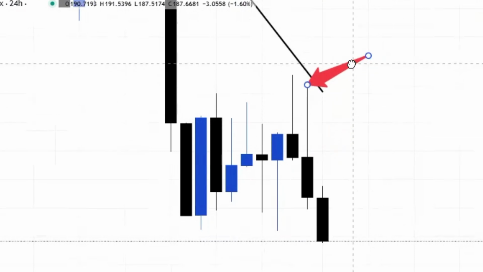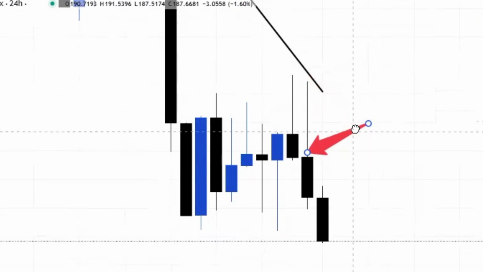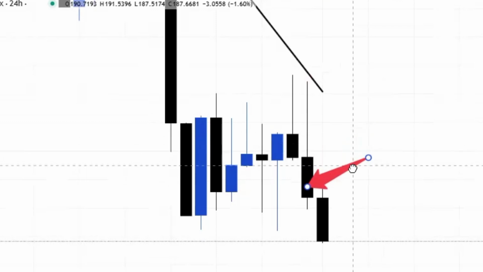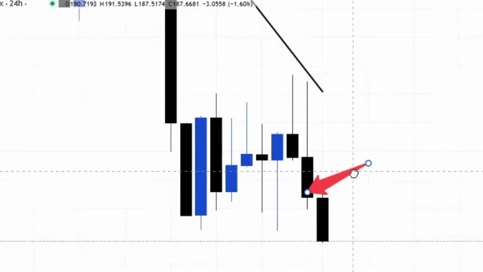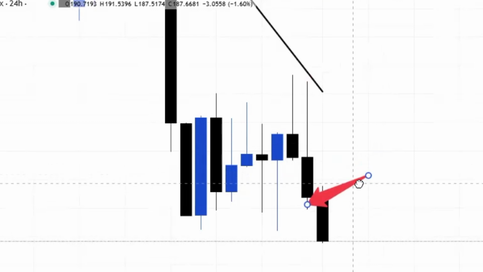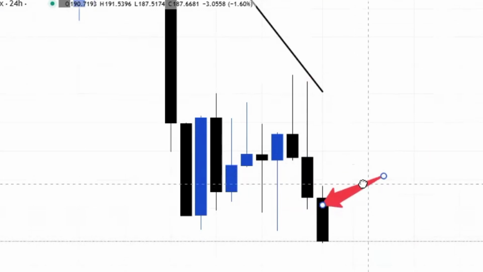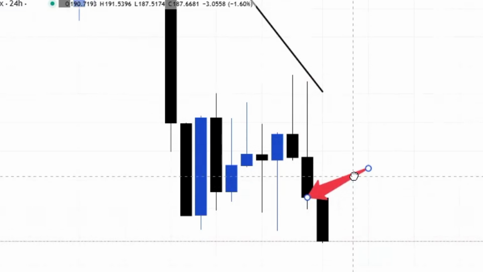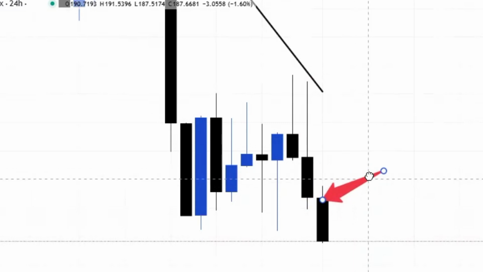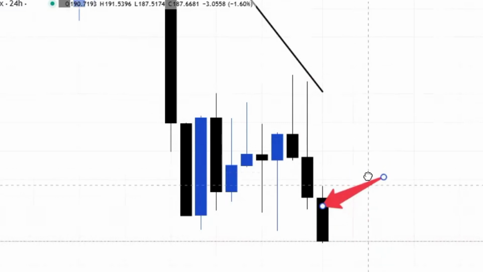So we have the high of the day, and we can see how price opened from here, and after opening, price closed below. Okay, you can see where price closed, and after price closing, we can now notice that there is a wick, that is the low of the day. Okay, so after price has closed, we can now notice the wick here. So this is where the candle closed. So after the candle closed at this point here, we saw another new daily candle that formed, which is today.